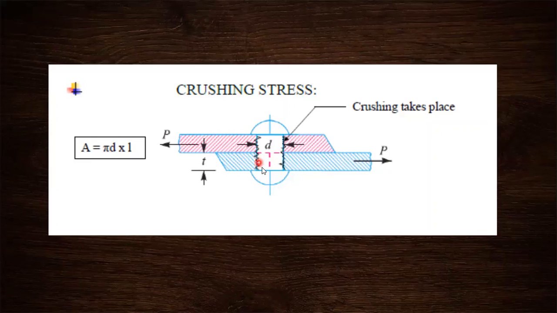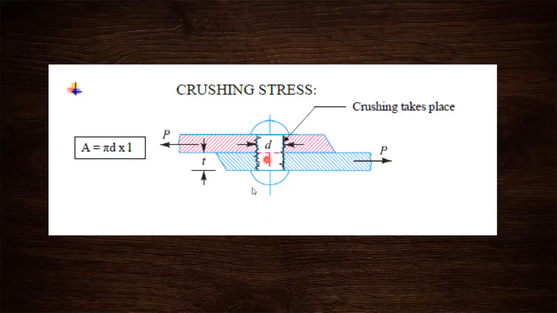So for example, we can say even pins, the pins will be preventing the quarter joint, right? So what happens is the crushing will be taking place more frequently. Crushing is another word we can call local compression. Because of this, the material gets crushed into fine powder. So the material at this point is crushed into fine powder.